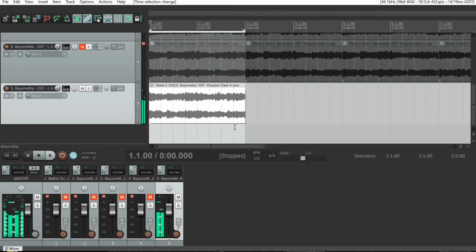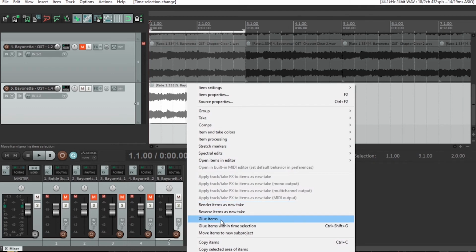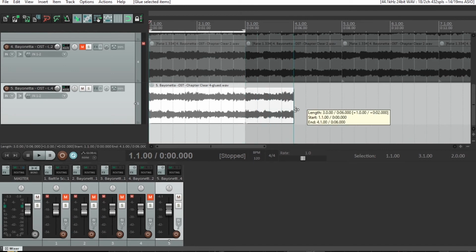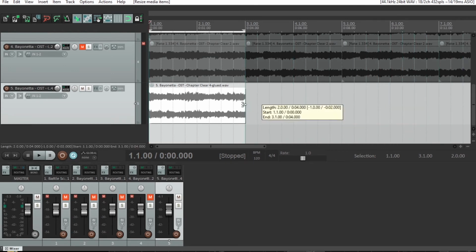And if I'm happy that sounds like a clean repeat, which I am, I'm going to right click on it and tell it to glue the item. Now what that enables me to do, I'll glue it, and then when I actually drag it, it's going to loop itself and I can put all those loops in here. If I hadn't glued it,